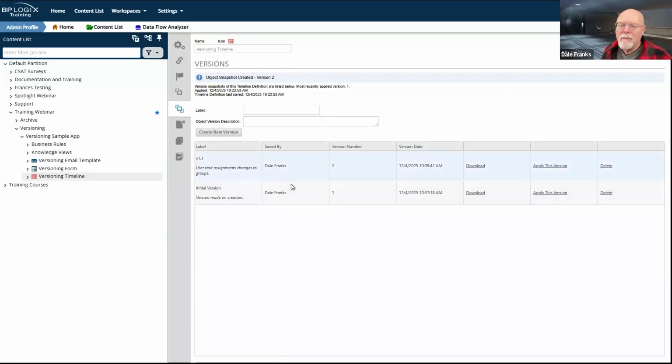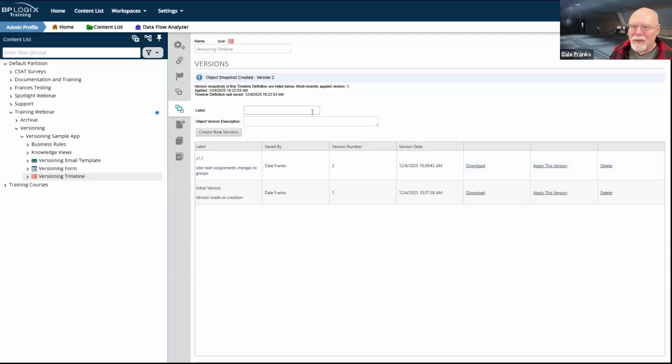So as I make changes to the individual object, it can be useful to you from a development point of view to have individual versions of each of the objects to record your changes whenever you finally reach a point where you feel that those changes have now been properly implemented. And so you can just create versions. Since you don't have a history of your saved changes on process timelines and other objects like you do with forms, versioning is really the only choice that you have for managing those.